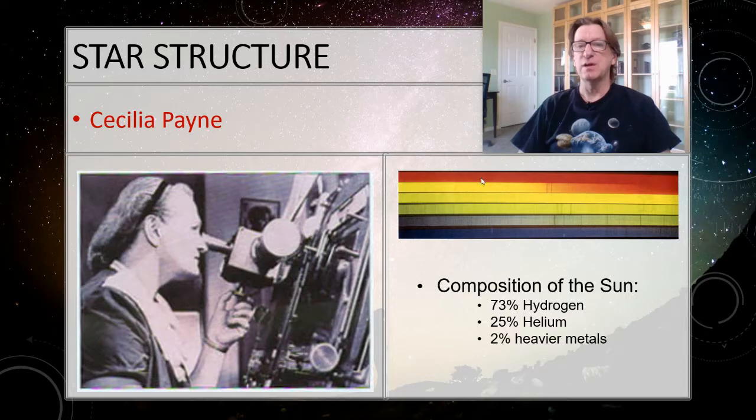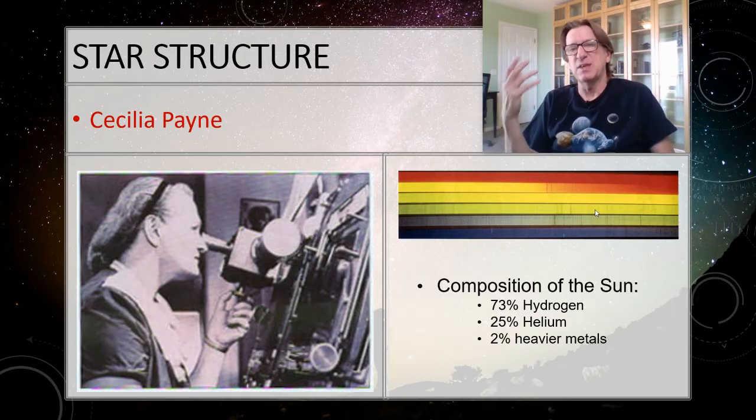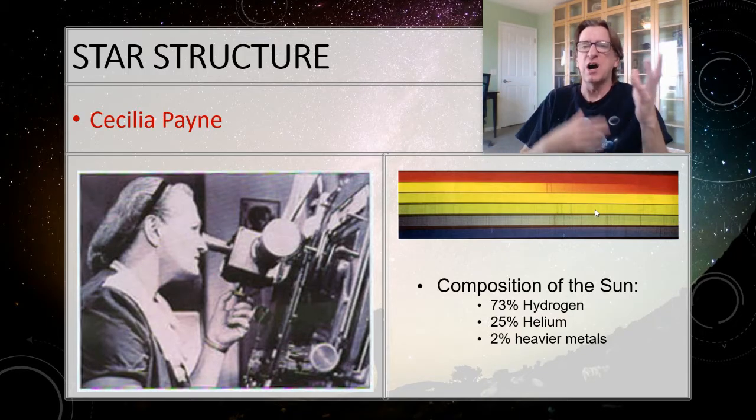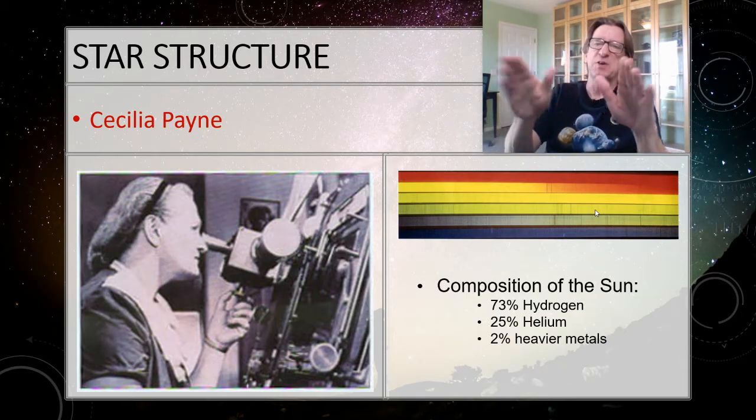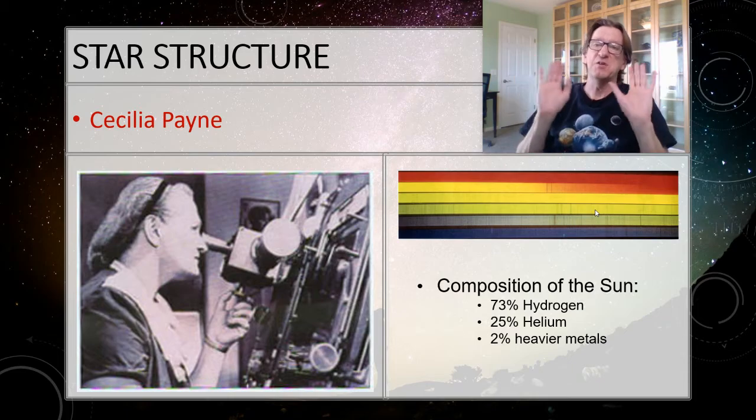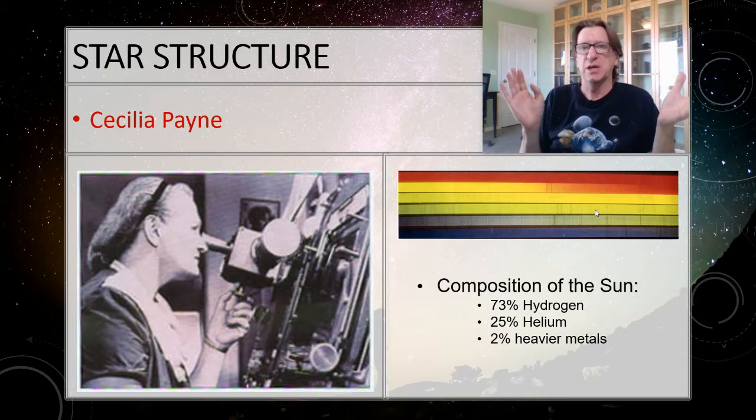So he said, well, okay, here's the spectrum of the sun. And you can see it's this rainbow with these lines here. And we know what the sun's made out of. It's going to be made out of the same thing as the Earth. It's going to be made out of silicon, rocks, and metals and things like that. But, you know, you're a woman, so let's have you go off and do this work that the men here don't really feel we need to be doing, right?